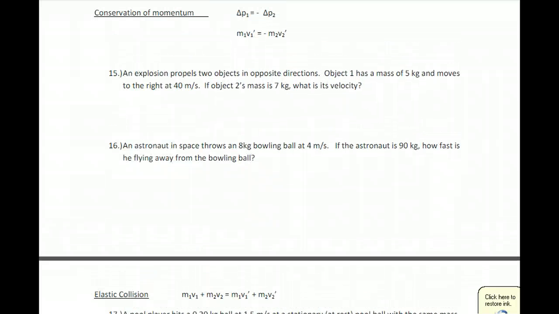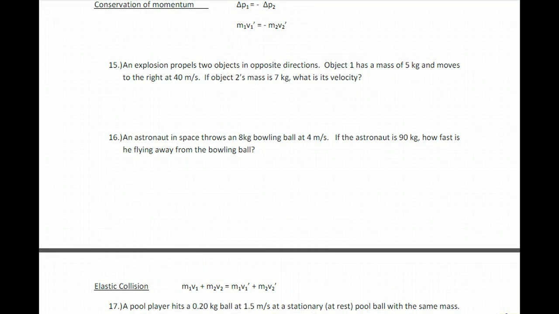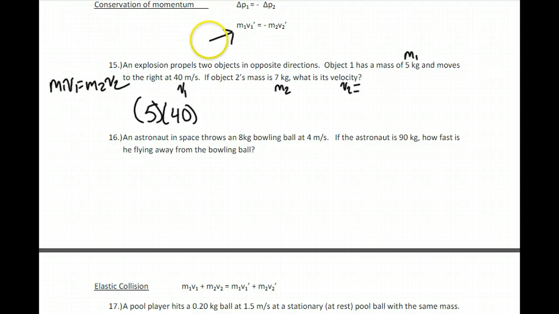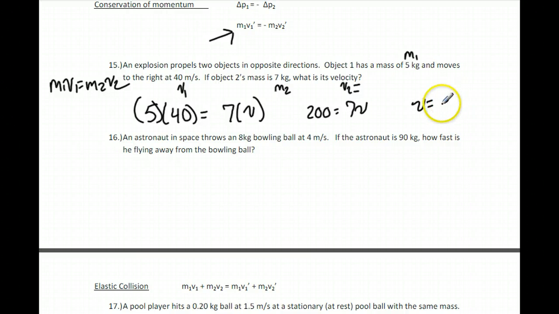An explosion propels two objects in opposite directions. Object 1 has a mass of 5 and moves to the right at a speed of 40 meters per second. Object 2 mass is 7. What is its velocity? I don't know. So let's go ahead and plug that in. That's 5 times 40. We're using this formula, m1 v1 equals m2 v2. It's right here. So 5 times 40 equals 7 times v. And that is going to be 200 equals 7v. So v equals, it's actually going to be